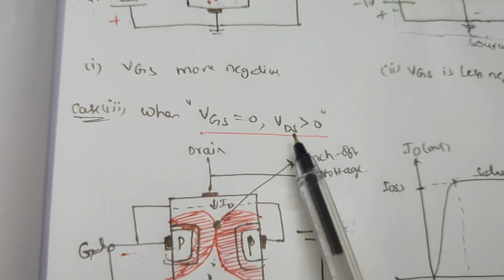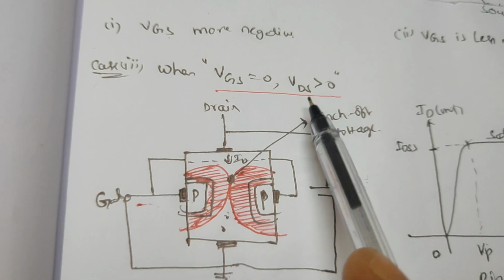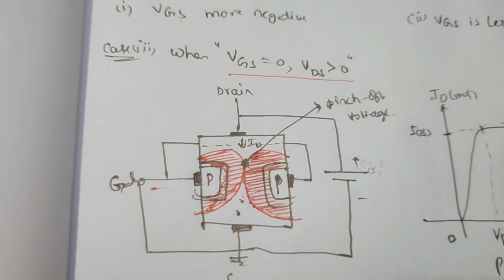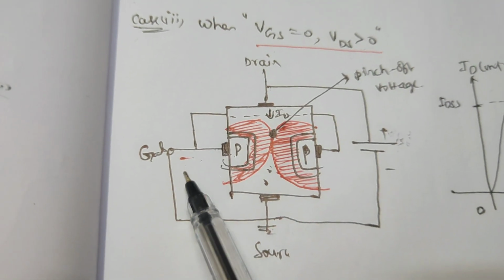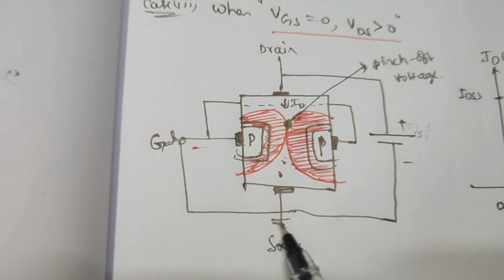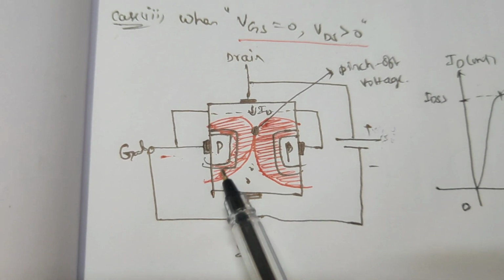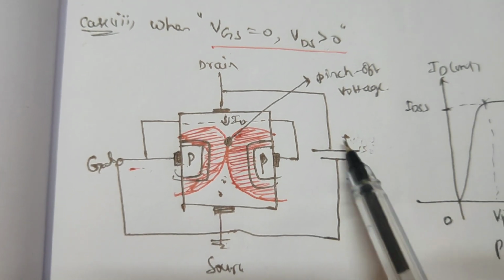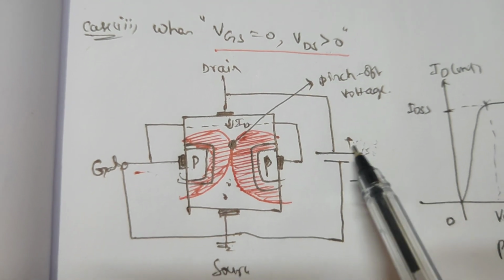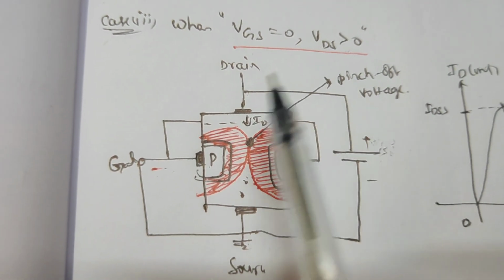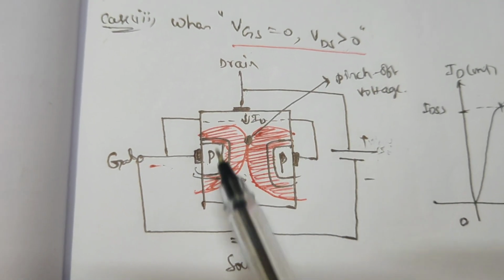Now we are making the drain to source voltage greater than 0. We will see what happens if we increase this drain to source voltage to a more positive value. In this case, the gate to source is connected to the ground terminal, and the width of the depletion region increases. Again we are increasing the drain to source voltage more positive. In this condition the FET acts like a voltage variable resistor, because whatever voltage you are applying, because of this channel